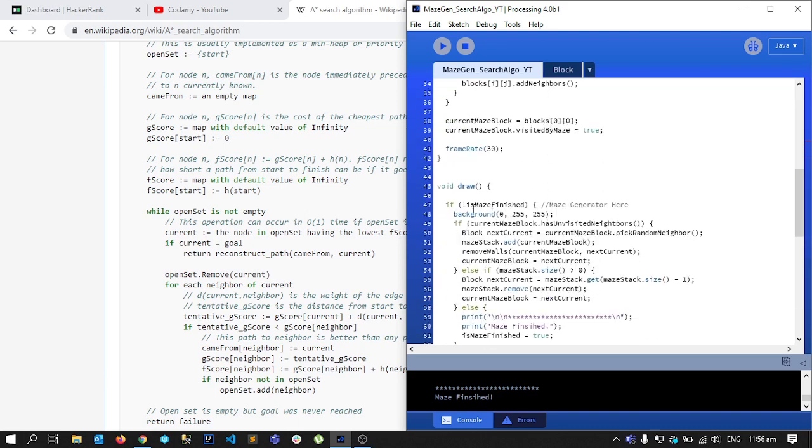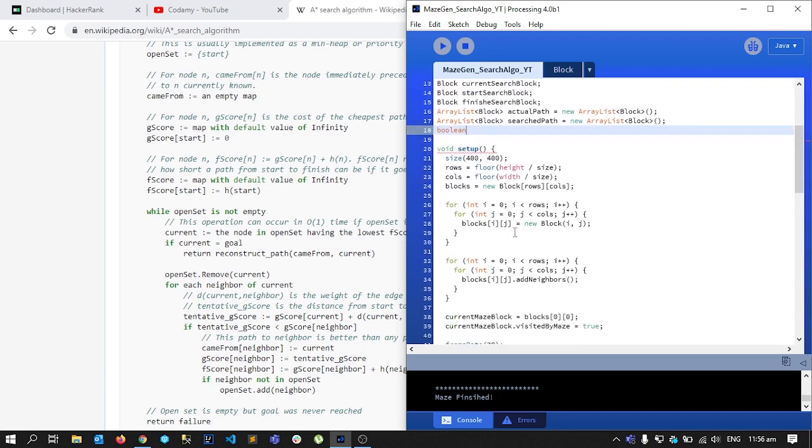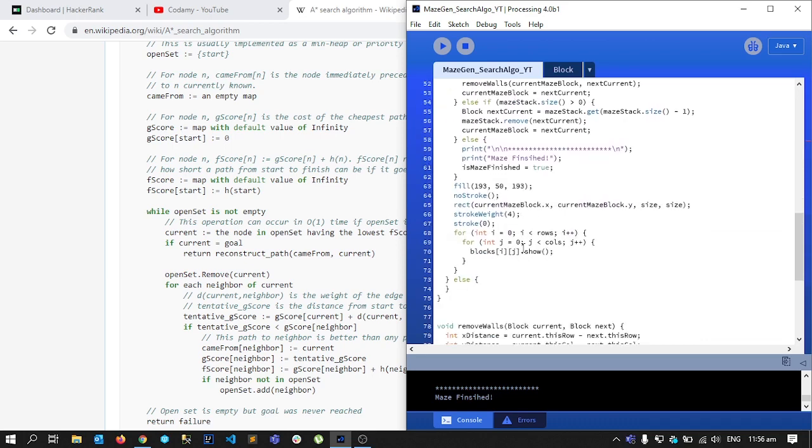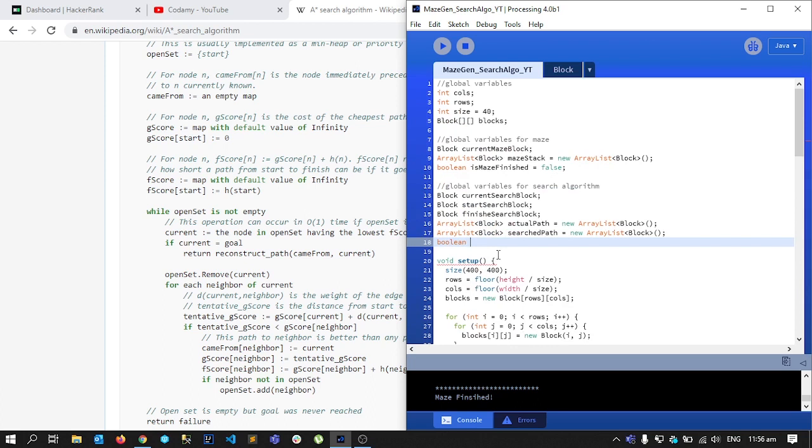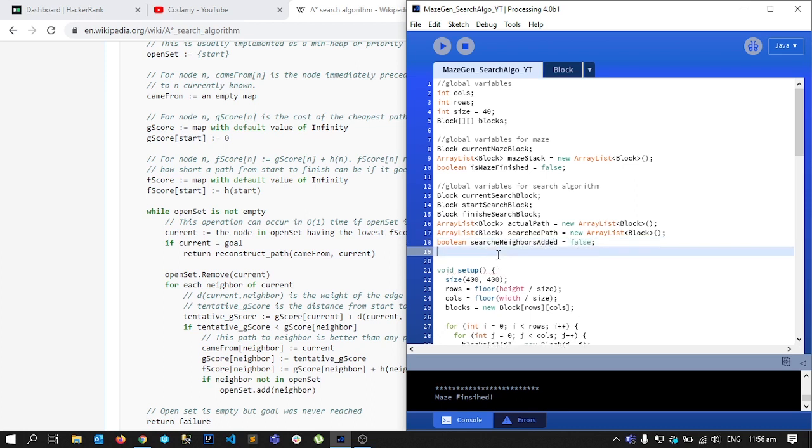And then we will have a variable, because I'll be adding the neighbors for the maze inside our draw loop, so I'll have to have some kind of condition to check whether or not it has already added the neighbors, so that it doesn't do it over and over again. So initially it will be false. Once we add the neighbors, we will mark this as true. And then we will have another array list, and this will be